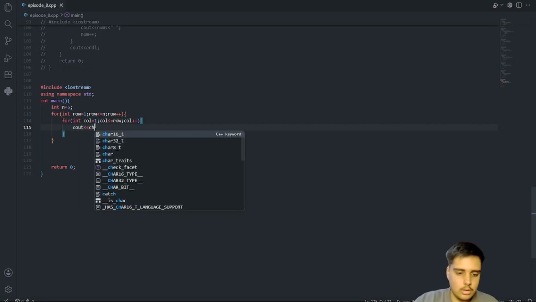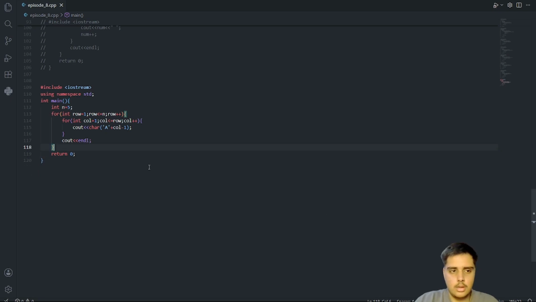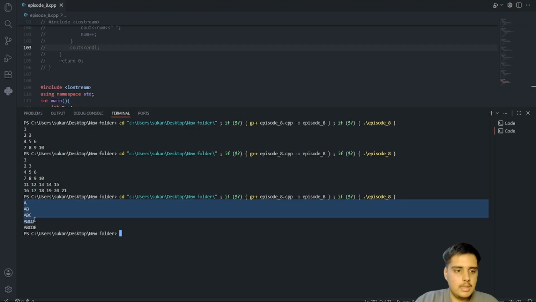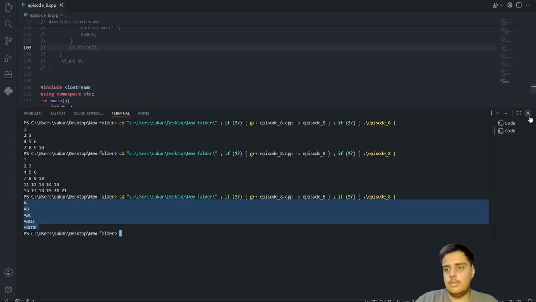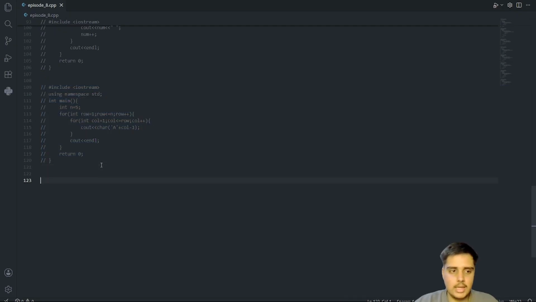Cout char value of 'A' in string, and after that add the value of col and reduce by 1. After this simply cout endl, and that's very much it. That's how the code is done. Simply A, AB, ABC, ABCD, ABCDE. Very simple question and very nicely done.